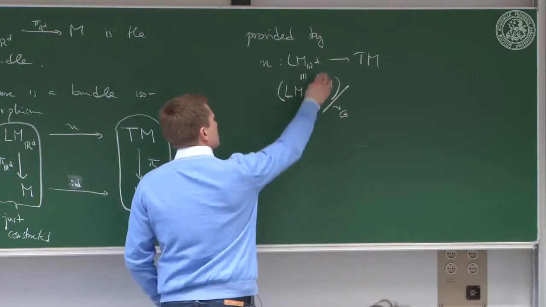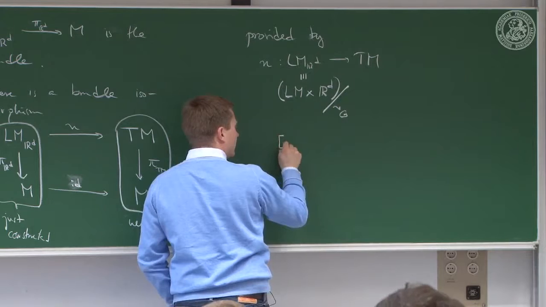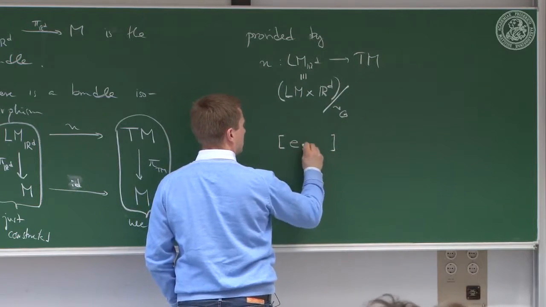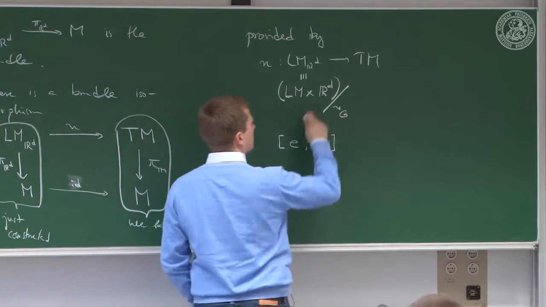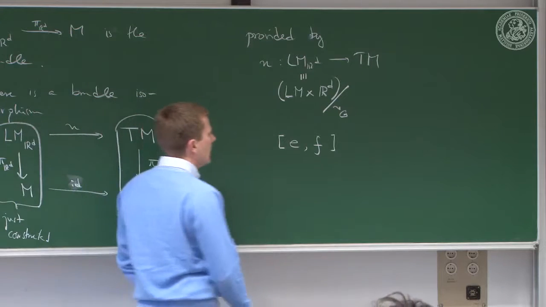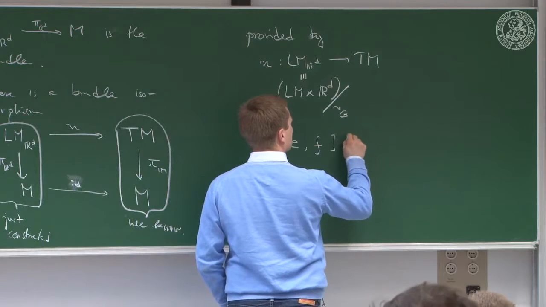Okay? And so the elements I need to take here are equivalence classes. And in this case, we take a frame, E, and an element of this fiber, F, and we send it to,